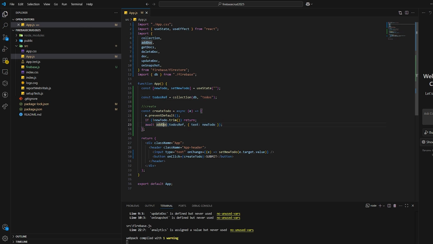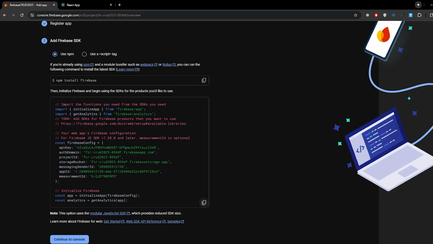Now once we added the document, we're just gonna reset the to do, and the to do should now work. I mean, the create to do should now work once we click submit. Now before we can do that, we're gonna go back to our Firebase, click continue to console,